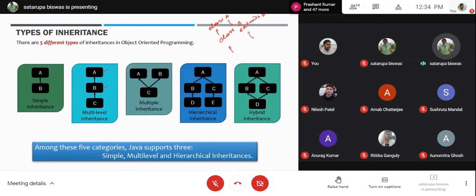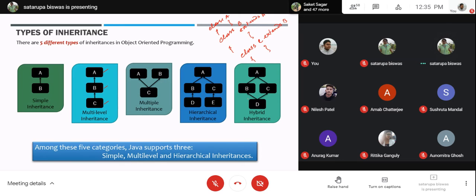From that subclass, a further subclass is generated in the next level. So it will be like class C extends B. I already discussed it: human being, employee, after that manager. That is actually multi-level inheritance.